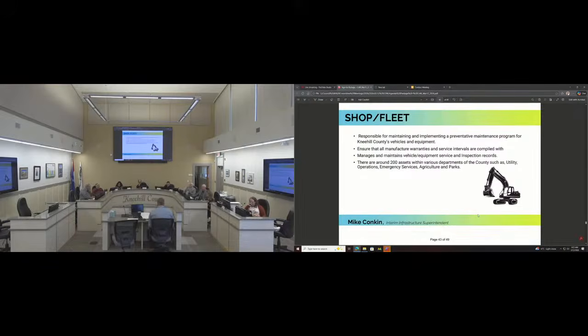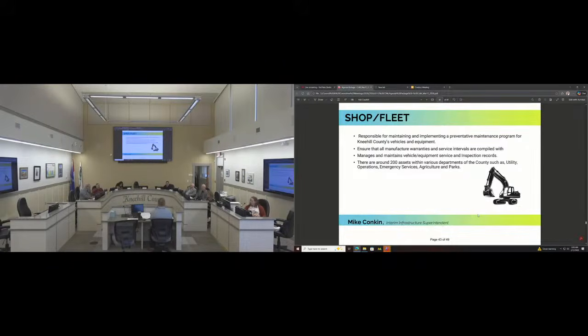So our shop and fleet maintenance: our shop's responsible for maintaining and implementing our preventative maintenance program for Kneehill County's vehicles and equipment. We have approximately 200 assets within various departments of the county. We have also recently brought our Torrington fire trucks back in-house and are maintaining them through the county as well.